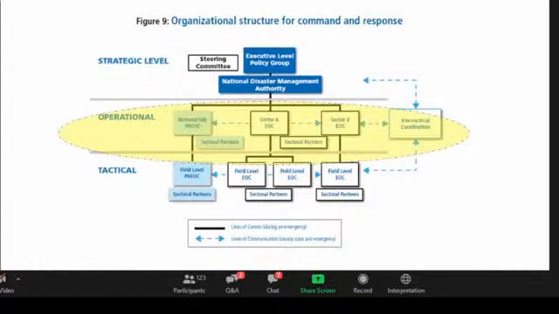As mentioned, in some settings the operational and the strategic level responsibility can also be combined into a single EOC. This all depends on the context of your organization and your country. And if there are other ministries that maintain EOCs, they should communicate with this PHEOC to ensure situational awareness and coordination of the leading agency and the supporting agency.